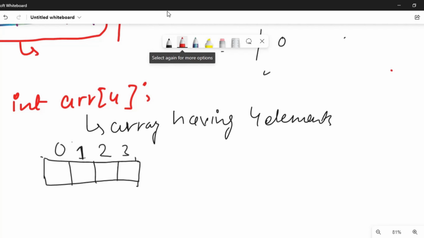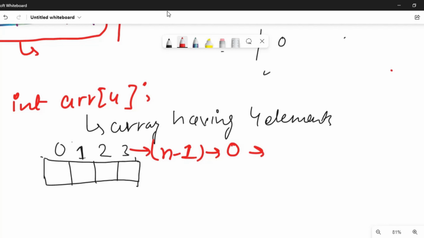But you can see here the last index is n minus 1. Why is the last index n minus 1? Because the index starts from 0 and goes up to n minus 1. You can see here that we have 4 elements, that is 1, 2, 3 and 4, and if we start from 0, it is obvious that our last index will be n minus 1. So now let's see how we are actually inserting the values inside them. I'll be using a for loop.